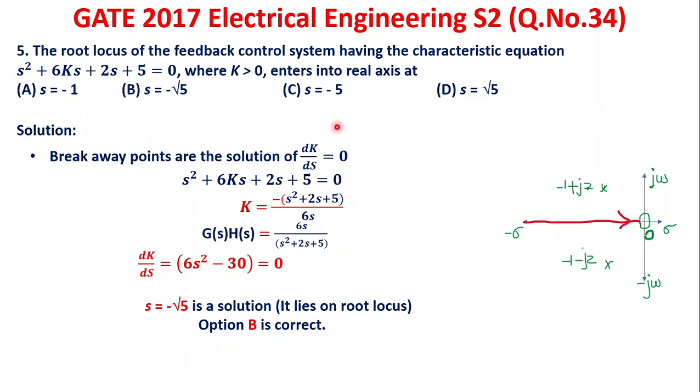See here, if we find out from this characteristic equation g of s h of s, that is k, then g of s h of s. How to write g of s h of s? Very simple. After writing the k expression from this, just reverse this. Then here you should have k. I think I have not written k here. So please take k. So let me write that k.